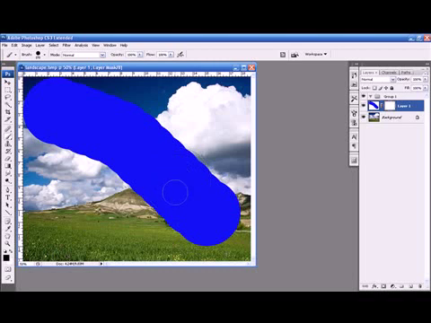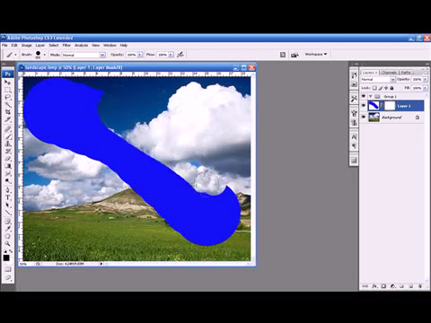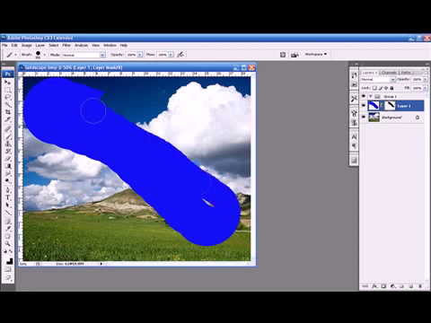Notice that the layer mask is like a white sheet of paper, and black shows up on white. So imagine it like that. If you take the black and paint it on top like that, it'll start taking away from whatever you did to your image. Now say you switch to white, and on the layer mask here you can see the black that you painted on. If you take that white and start going over, it'll bring it back just like that. And you look over here and that black is starting to disappear. Now, the layer mask